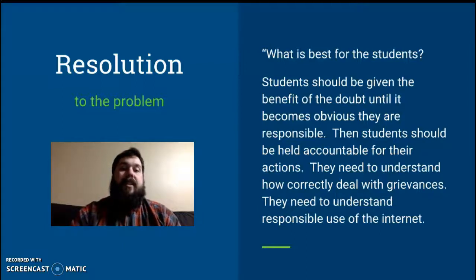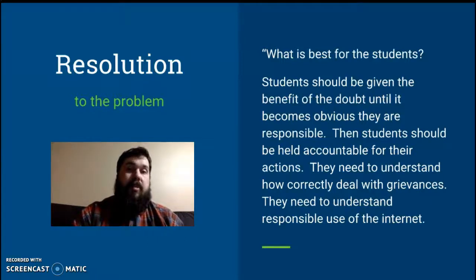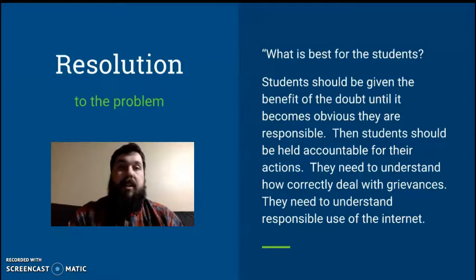They also need to understand the responsible use of the internet. Whenever they get into careers, they're going to have to deal with people they may not necessarily agree with. And the internet's not necessarily the best place to handle those grievances. The correct way that you hope to teach these students is that personal one-on-one conversations can happen and can have big influences. The impersonal way of airing dirty laundry through the internet is not the best method for any professional issues.